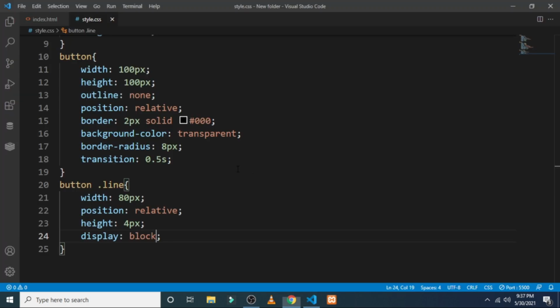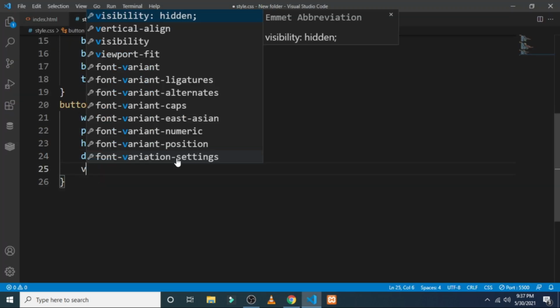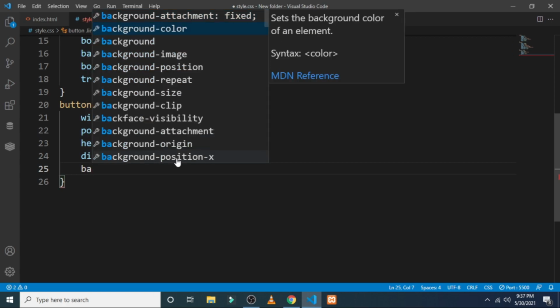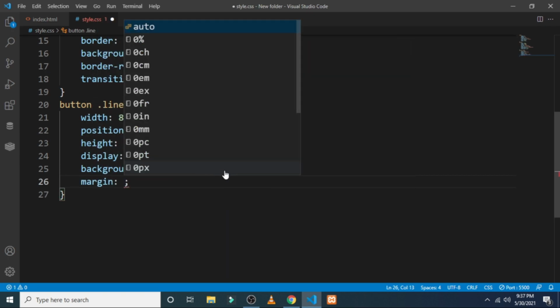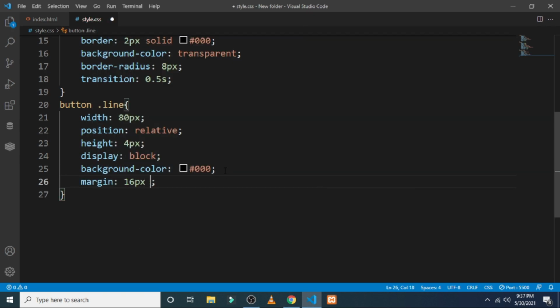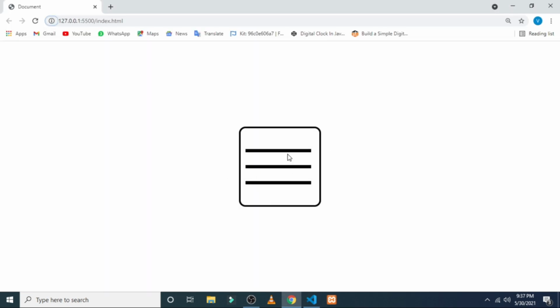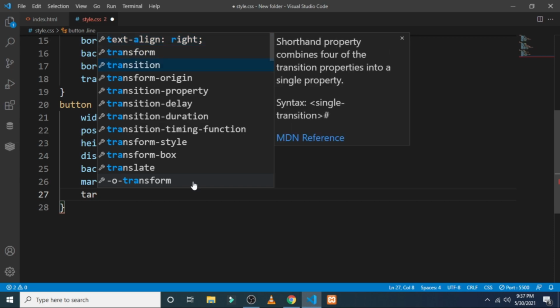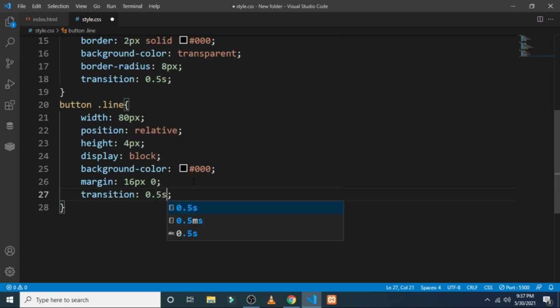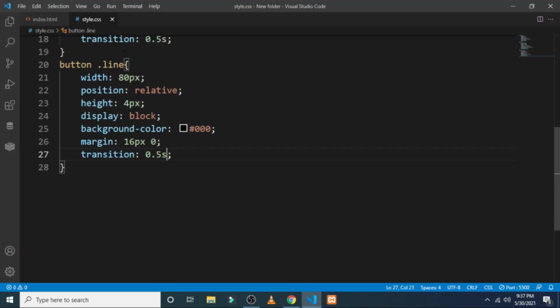Here you have to notice that when we hover over this part, it will turn into a cross. So there is a calculation here. So I am giving a margin of 16 pixels. Remember, this 16 pixels will play an important role in determining the transition. So here the height is 4 pixels and the margin is 16 pixels. 16 plus 4 is 20 pixels, giving the transition. It is the most important point.